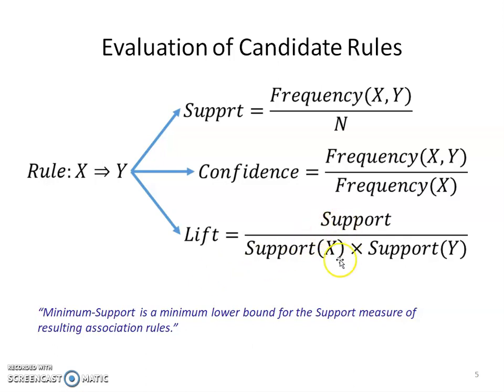Okay, so in generally in mathematical terms it is expressed as support of x comma y divided by support of x into support of y. So these x and y are independent variables or independent entities. Okay, so you have this, and here in association rule you have two types of algorithm for finding the frequent